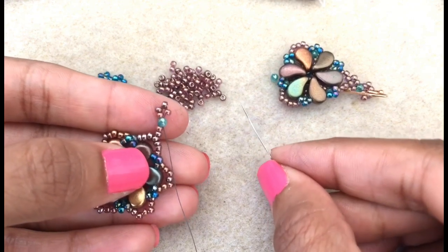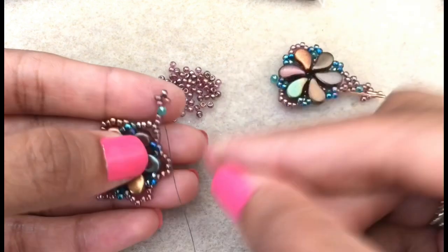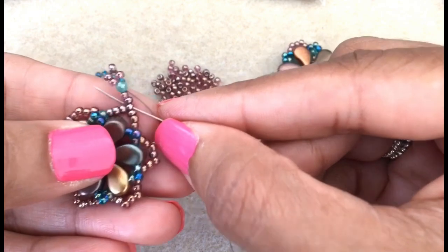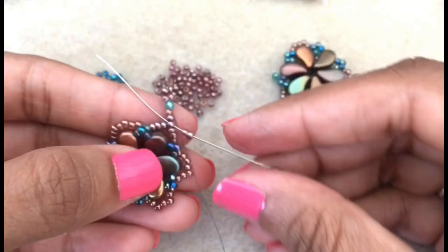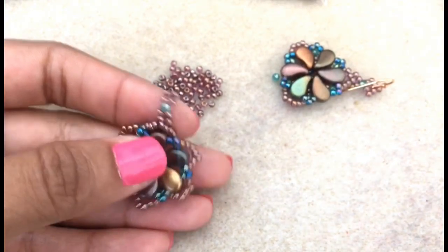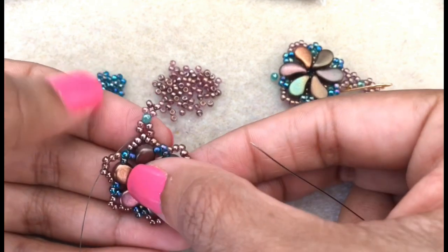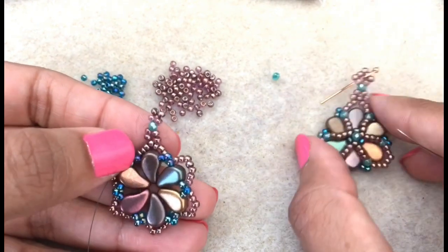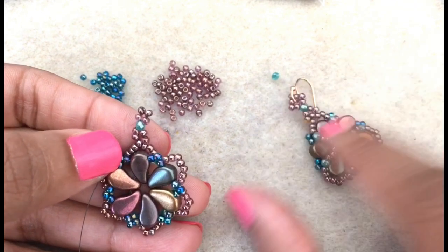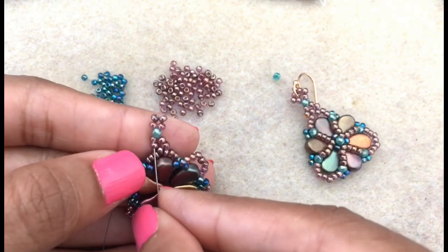And then pick up 2 more 11s and go back through that 11 that's in the middle of the loop. So you should get this just like that, which is right here at this part. Now what you're going to do is continue up